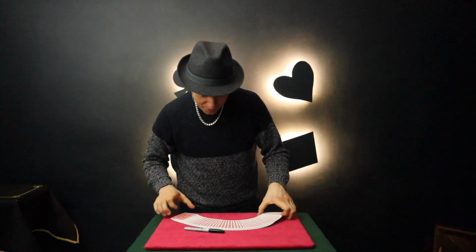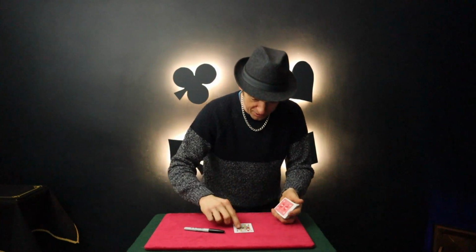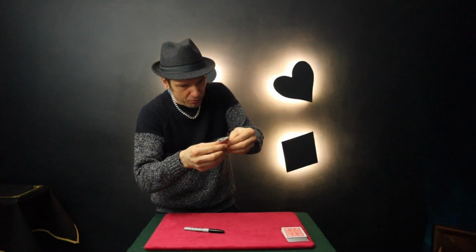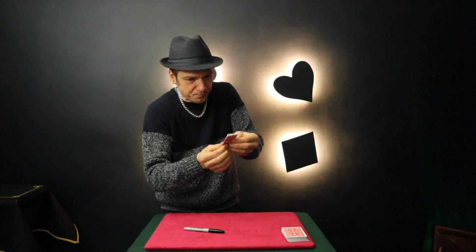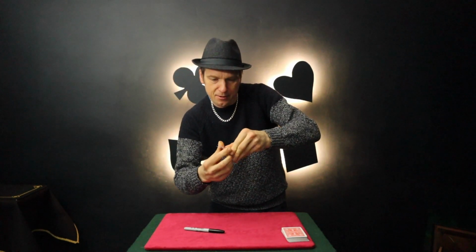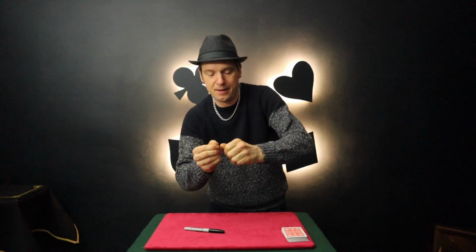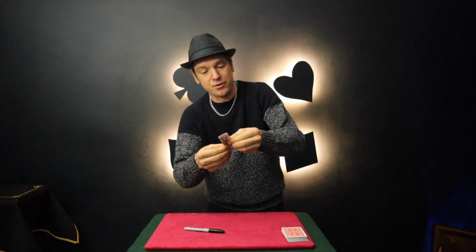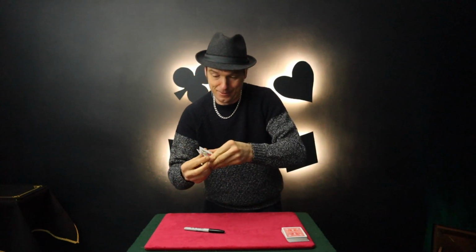Okay, so this effect can be done at any part of your performance. That is the beauty of this trick. A card is selected, any card. We fold the card like so. Like that. And the spectator writes their name on the card. This is the boring part of the trick,